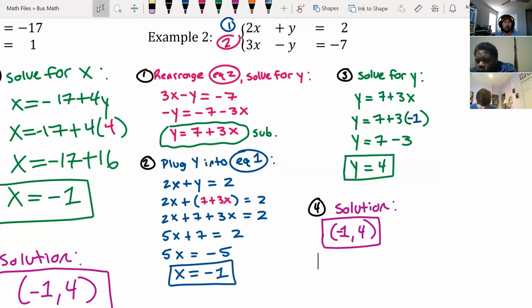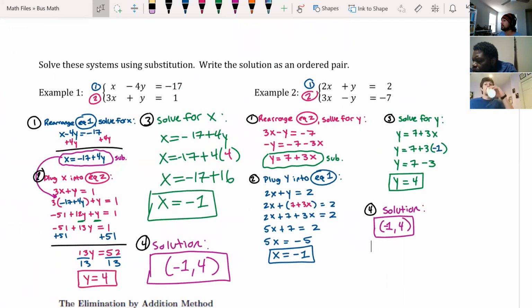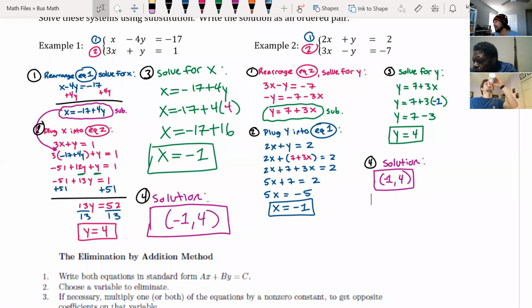Okay. All right. Any questions on this one? This is substitution method. So any questions on this before moving on? Everybody good? Okay. So let's move on from substitution method and let's get into the next method, elimination method, which